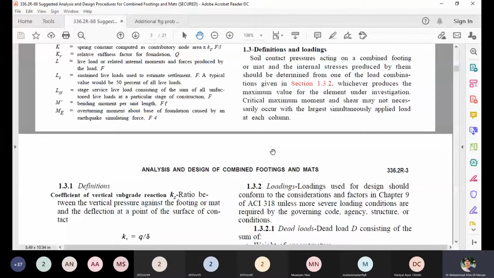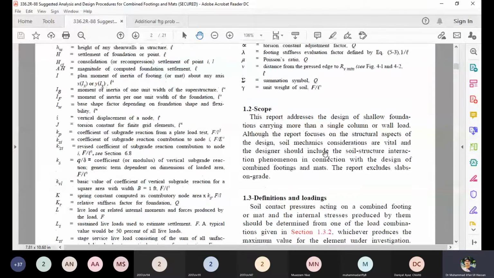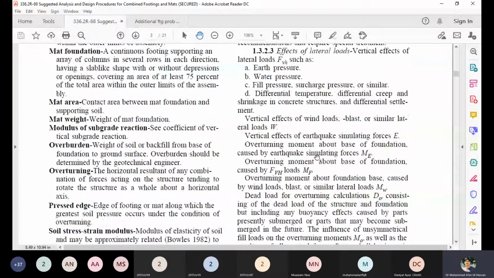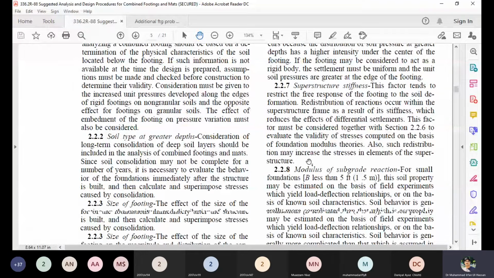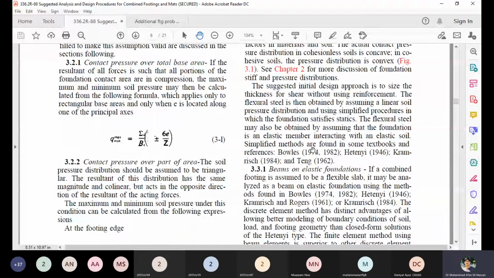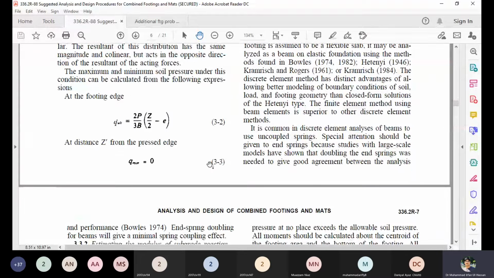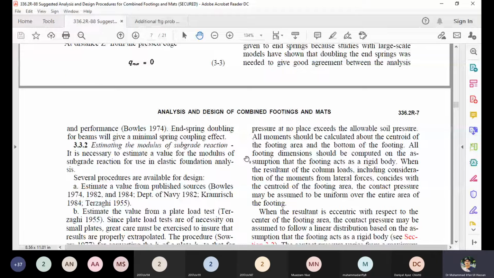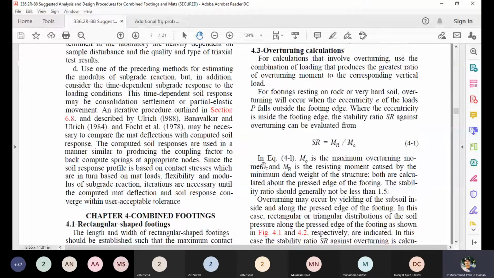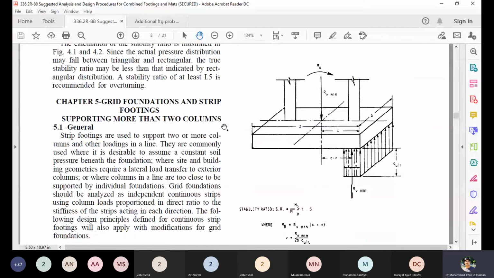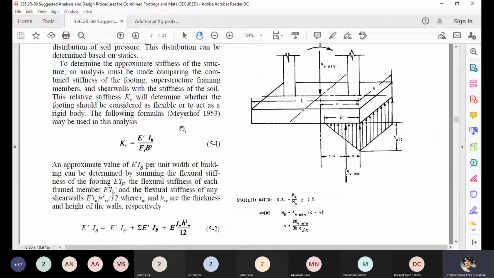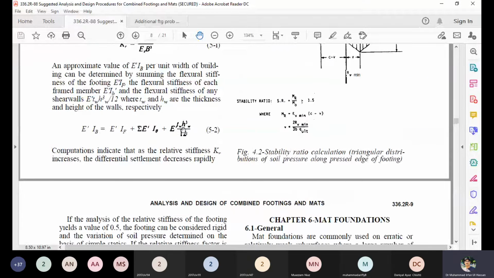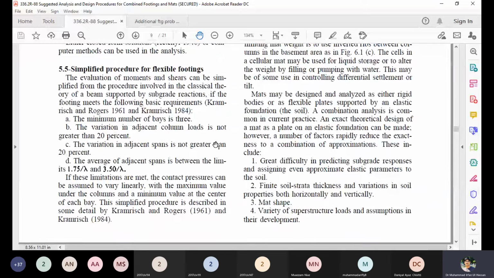Basically, this is the review, and I have provided these handouts to you, showing how the ACI committee reviews the design procedures for the mat footing, for the isolated footing, for the combined footing. What is the load, what is the maximum and minimum pressure, and when the pressure is zero, and what is the effect when some movement is present. Then the combined footing effect, what is the combined footing, and what is the pressure under the combined footings.